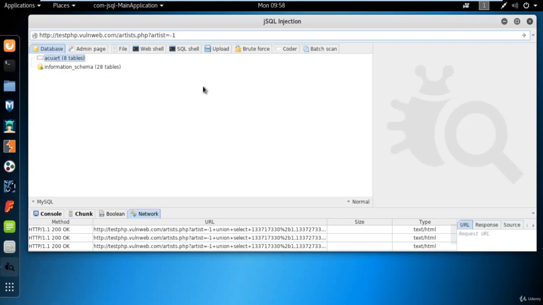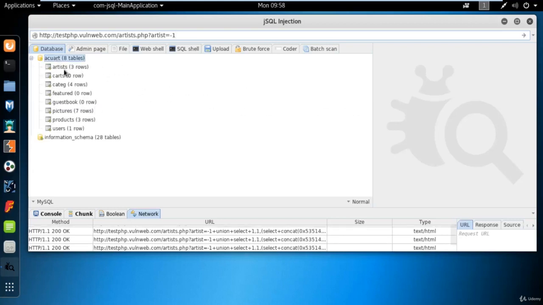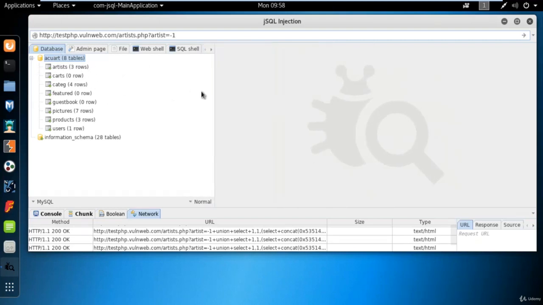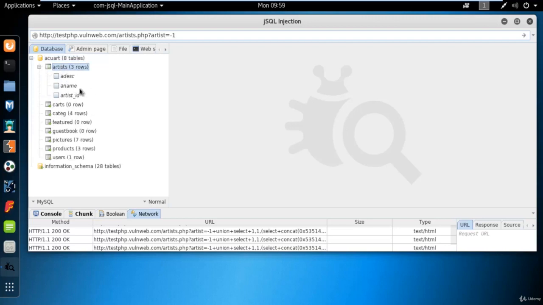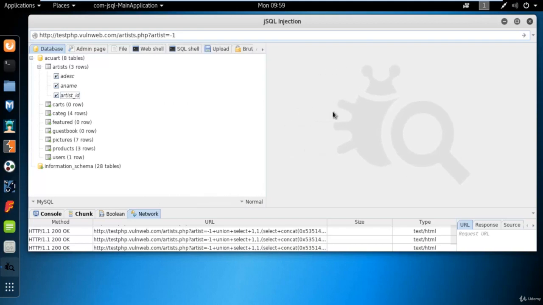Click on that, and you can see all the tables available inside it. It contains 8 tables, and this is the artists table. If you click on that, it will find out the columns inside it, and if you click on that, you will find information regarding this table.